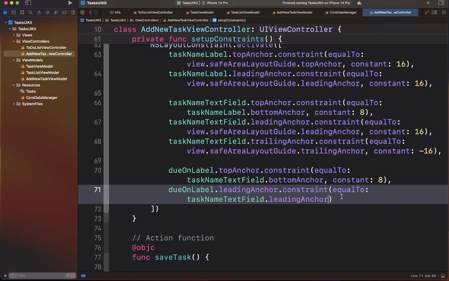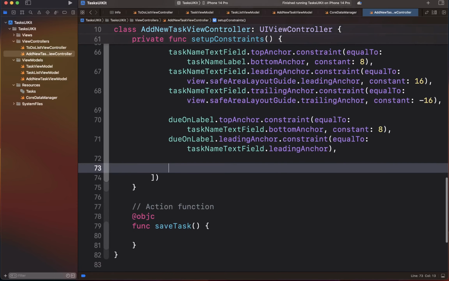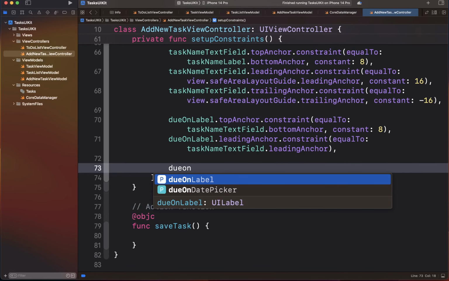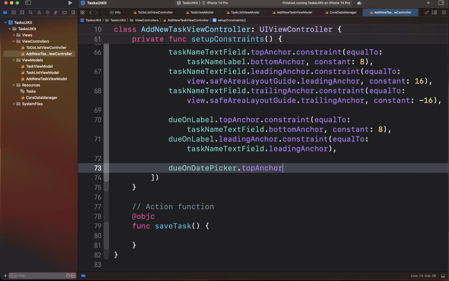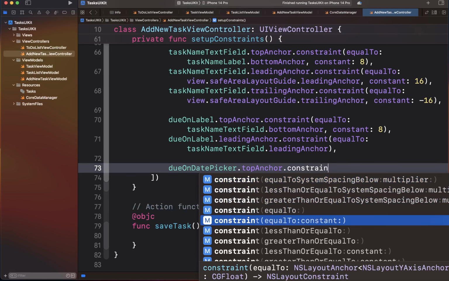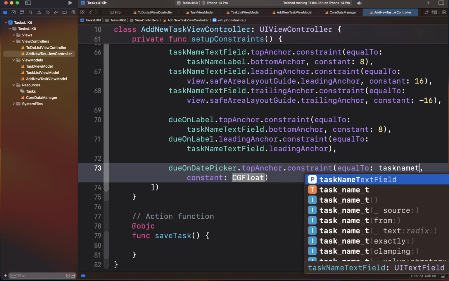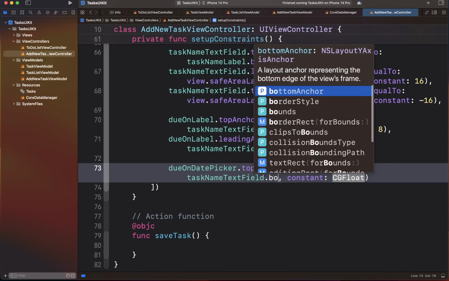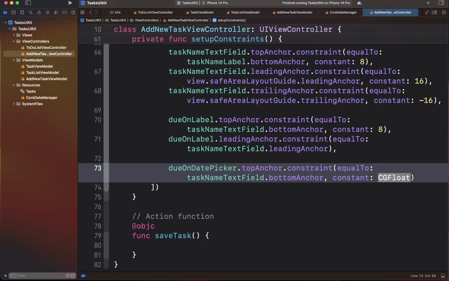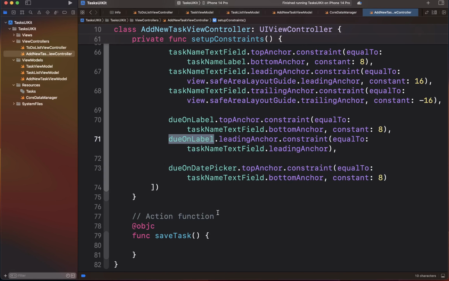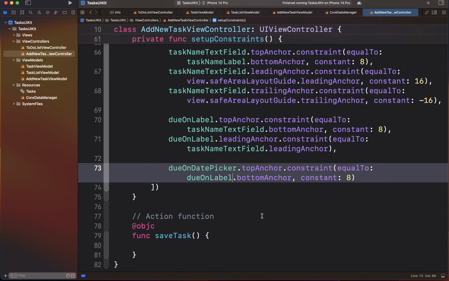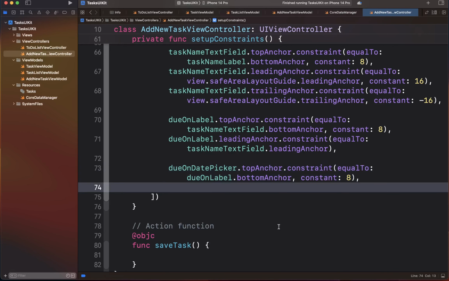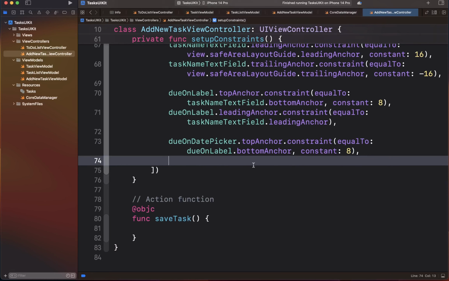Now let's go ahead and put the last view or last constraint, which is the due on date picker, and its top anchor is going to be constrained to taskNameTextField.bottom. Okay, so wherever the task name is, and 8 points from there. All right, so actually let's put it underneath the due on label, not here. Okay, there we go. And we want to basically align the